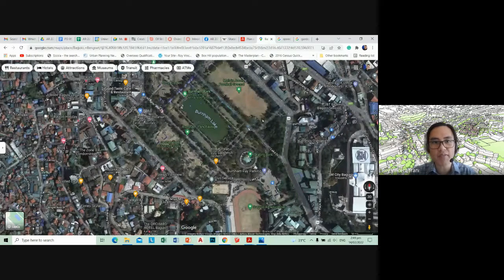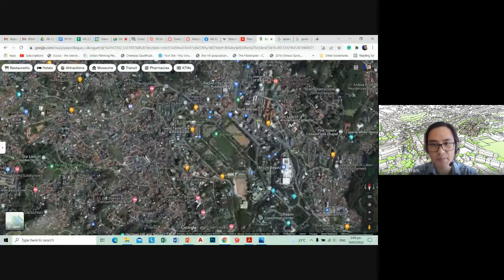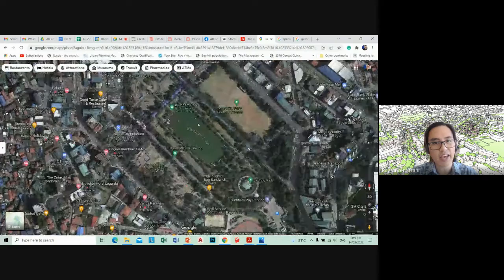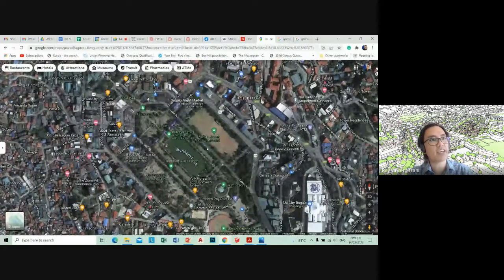So over here, I have the satellite view of Baguio City. And notice they have Burnham Park. And really, this is, I guess, falls more in